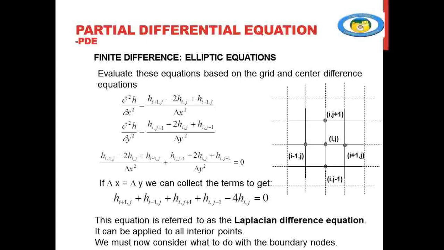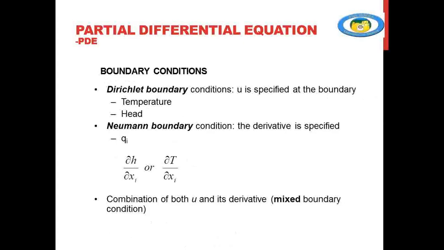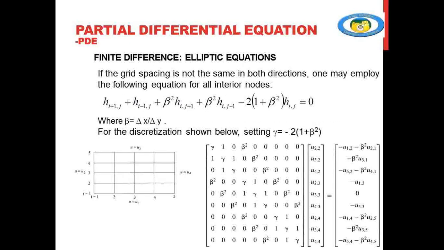But the boundary condition could be specified in different forms. It could be specified as a constant value, which is Dirichlet boundary condition, or it could be provided as a derivative, which is Neumann's boundary condition, or it could even be a mixture of the two. And the finite grid spacing need not necessarily be of the same magnitude. Delta x may be different from delta y, in which case you can represent beta as delta x over delta y. And then the equation would look like,